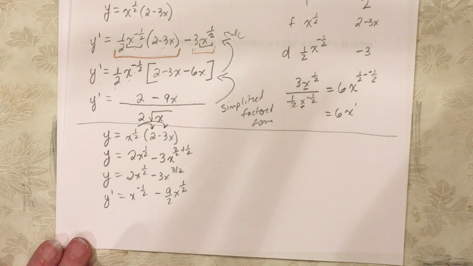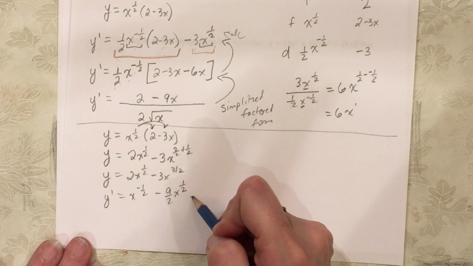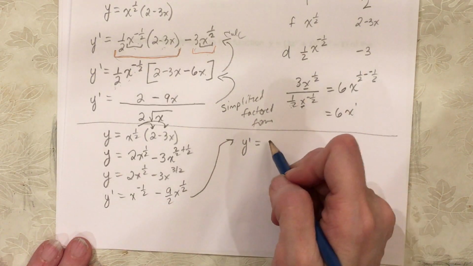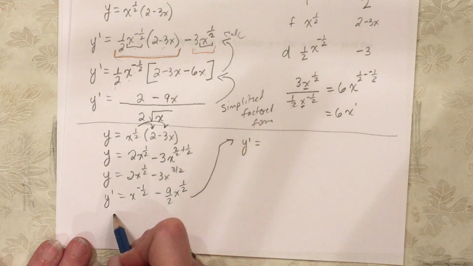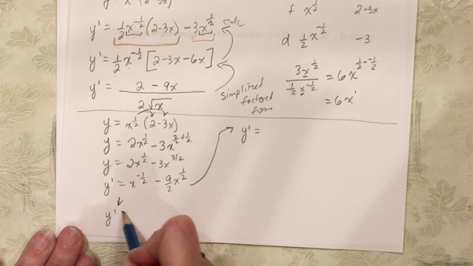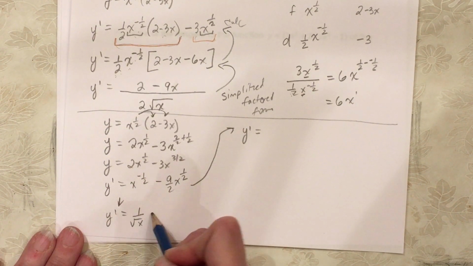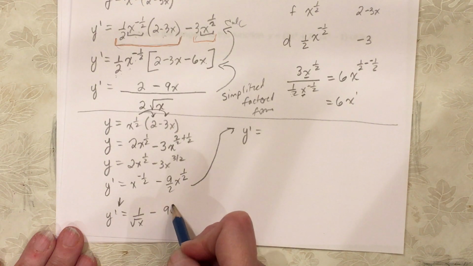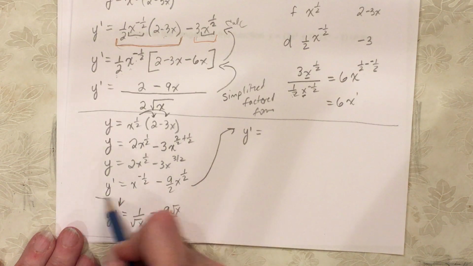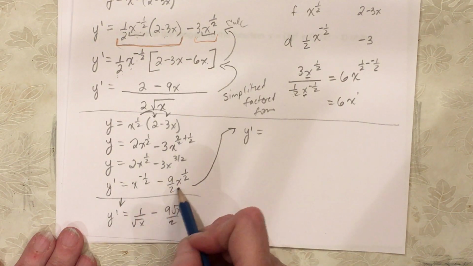Okay, so then again, if we wanted simplified factored form, which we may not, we may just want to write it as, so if they didn't ask us for simplified factored form, we could write it as y prime equals 1 over root x minus 9 root x over 2. So that's one possibility. But if they want a simplified factored form, we would go up here and